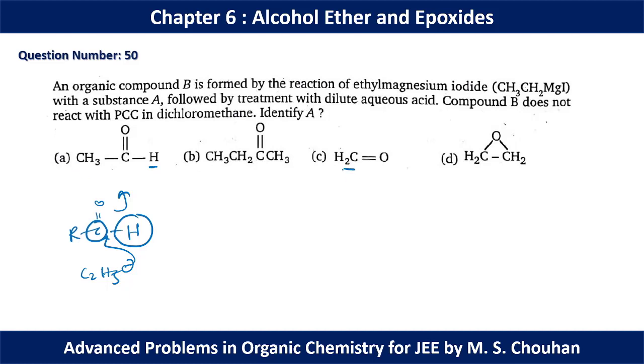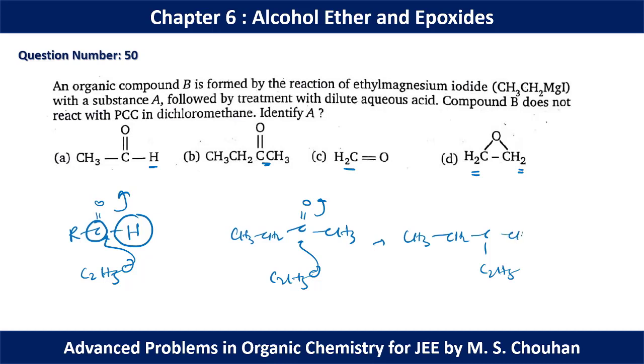Here we have hydrogen, this can be oxidized. Here we have hydrogens, so this can be oxidized. Here you don't have any hydrogens. So if we start with a ketone, we will get a 3-degree alcohol after reacting with Grignard reagent and aqueous workup, which cannot be oxidized further because of the lack of hydrogen here. So for this question number 50, our answer is going to be option B.